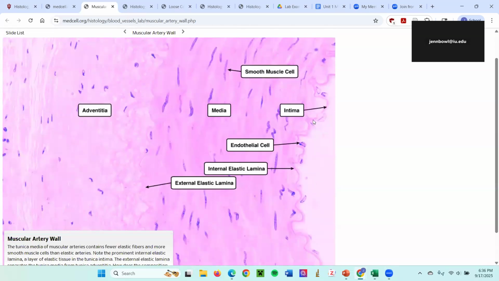Okay, so here's an example. The very innermost layer of the blood vessel will have a really thin layer of elastic connective tissue. So we have just this really thin layer of squiggly lines, and we also see them incorporated deeper in the artery. So they're a little faint on the side here, but we can see that we have these squiggles